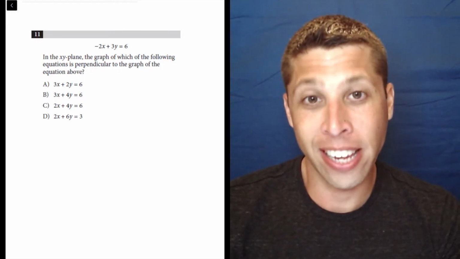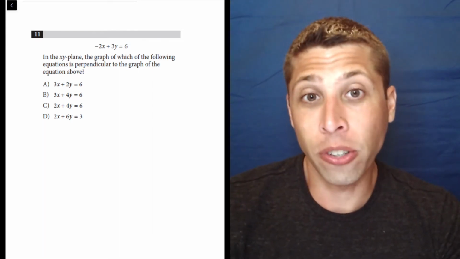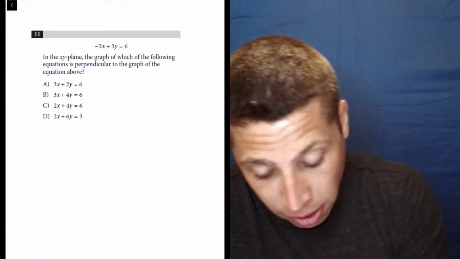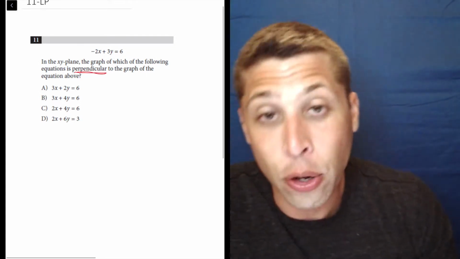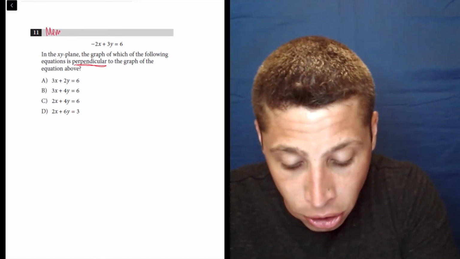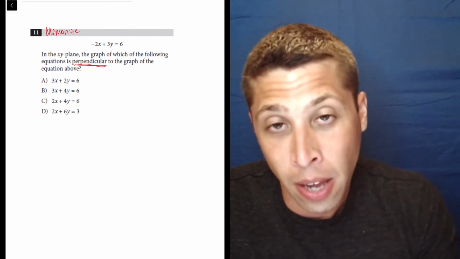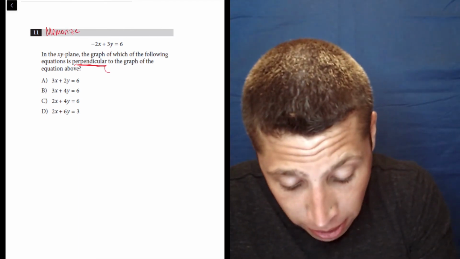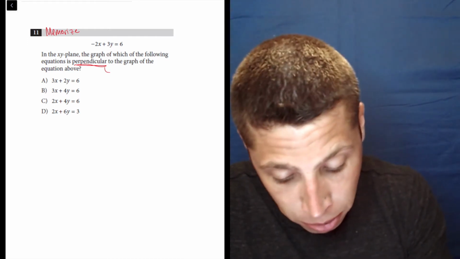So this question has a key word that forces us to memorize a fact. There's no way to get this question if you don't know what perpendicular means for lines. So there is some memorization that we need to do. And I'll just tell you, if you don't remember, then the rule is, or I'll just put it here,